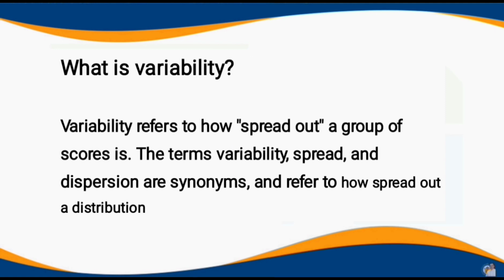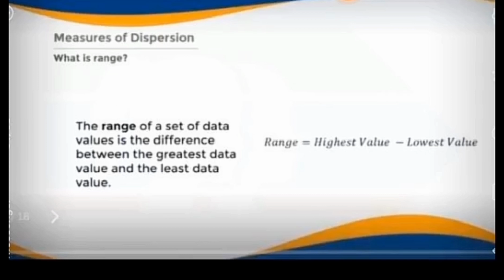So, what is variability? Variability refers to how spread out a group of scores is. The terms variability, spread, and dispersion are synonyms and refer to how spread out a distribution is. At this moment, let's tackle what the range is and how to get the range. The range of a set of data values is the difference between the greatest data value and the